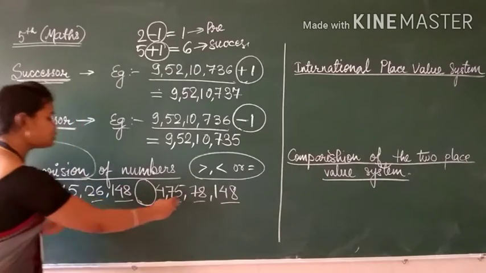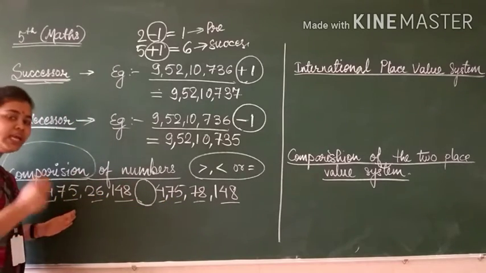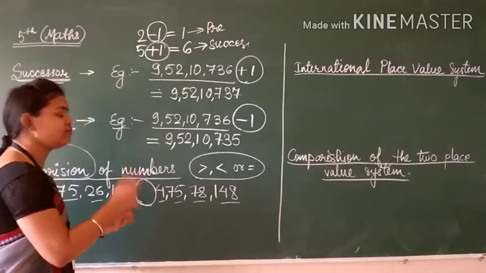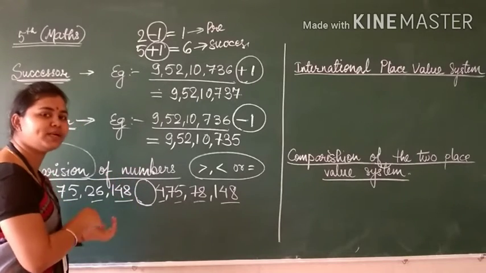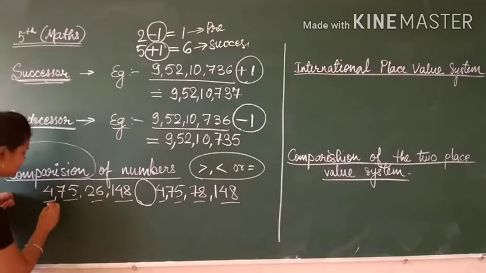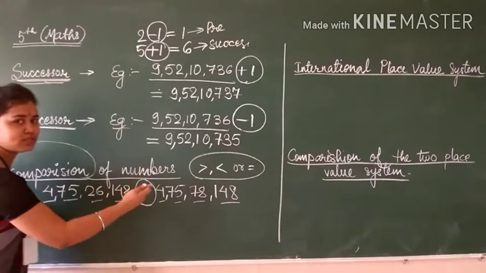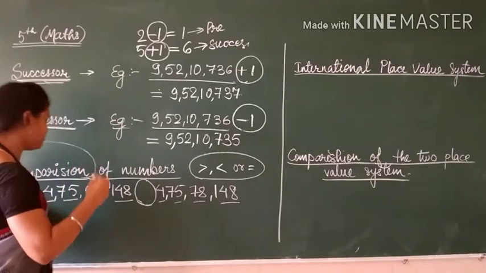But now here in this question both the sides are having equal number of digits. So now I will tell you the further procedure for how you have to check which one is greater or which one is smaller. So see here, first digit from this side we will calculate crores. The highest period we will see first.